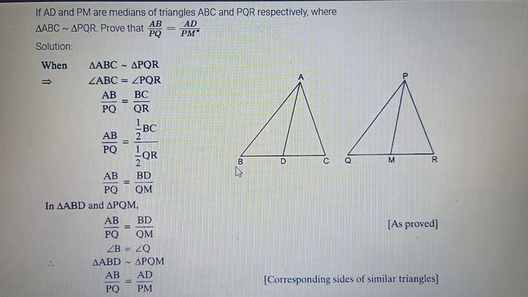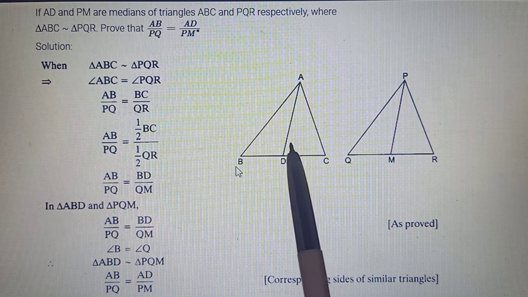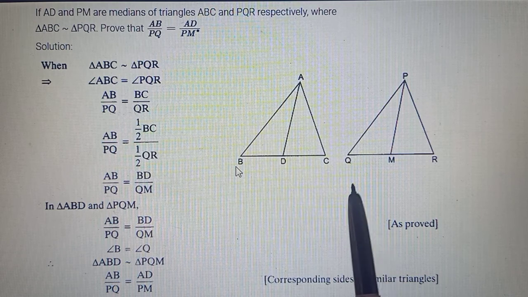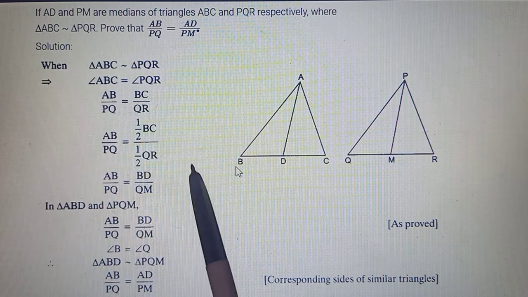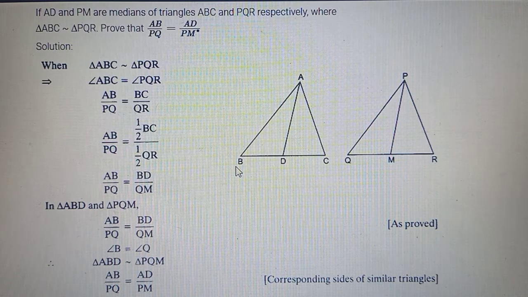Okay, so just now earlier we had done question number 12. In that, sides were proportional to median, and then you had to show the triangles similar. This is the other way around now. You have been given the triangles are similar, and now you have to show that median will be proportional. This can be used as a theorem also, maybe elsewhere.